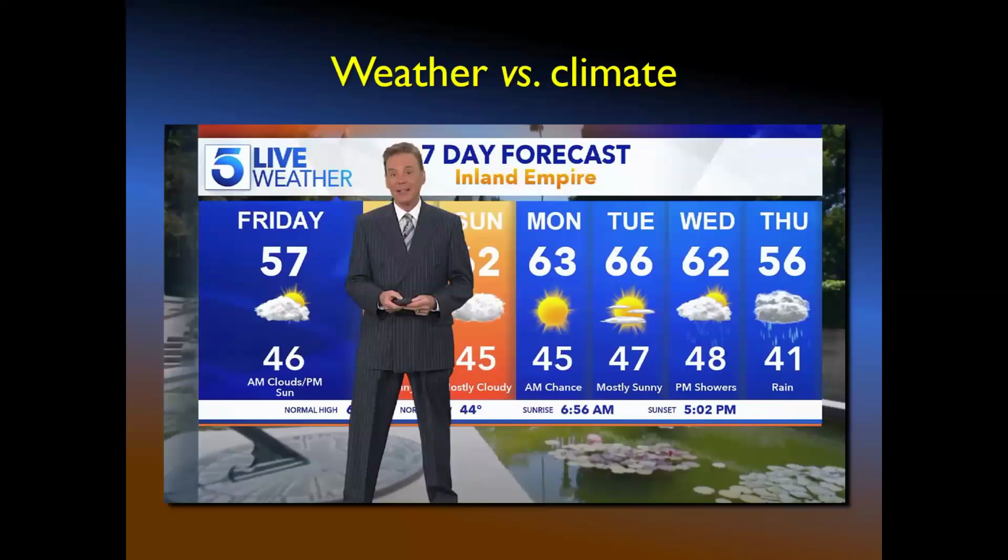But there's a couple of things about that. Number one, it confuses the difference between two features. One of them is weather, which is what you look at on a day-to-day basis when, for example, you're checking your weather app or you're checking the Weather Channel, if anybody still does that. What are you looking for? You're looking for temperatures and you're looking for precipitation. Those are the main things, and that's what weather is: temperature and precipitation patterns as well as wind and what have you. And as you probably know, the further ahead you go, the more unreliable those forecasts are. You can forecast what tomorrow is going to be.